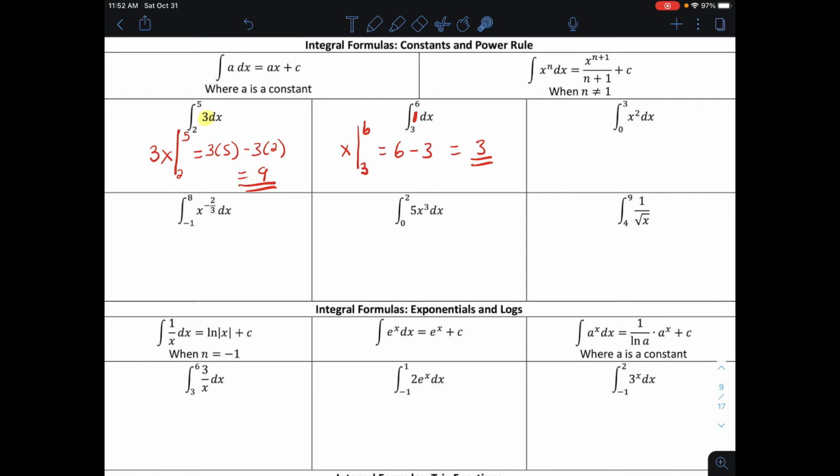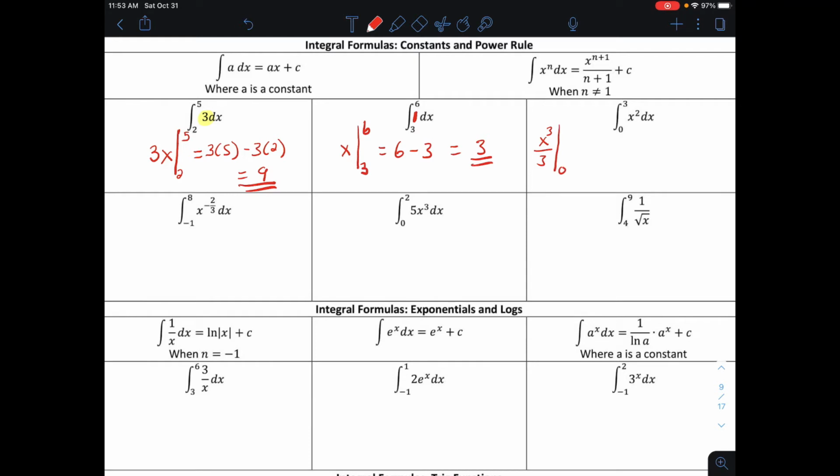Now let's look at the power rule. The power rule for integration is that if I want to integrate a function x to the n power, I kind of do the opposite of what I did when I took the derivative of x to a power. I'm going to add 1 to the exponent, so it becomes x to the n plus 1, and then I'm going to divide by whatever that new exponent is. So the antiderivative of x squared would be x to the third divided by 3,